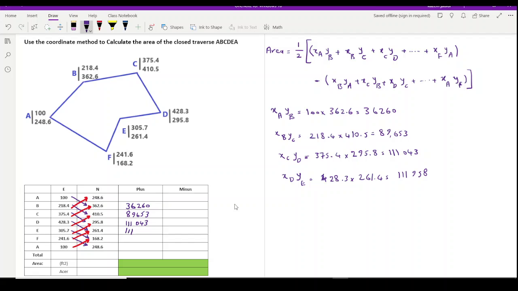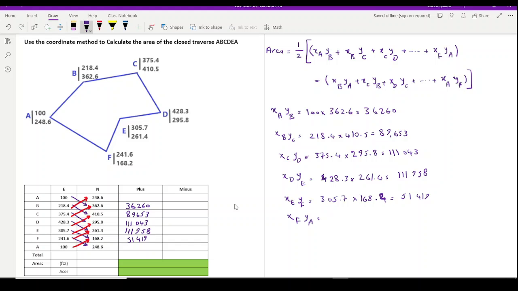So 111985, and the next calculation is xe times yf, and that's going to be 305.7 times 168.4, and that will give us 51,419. Then the last one is xf times ya,